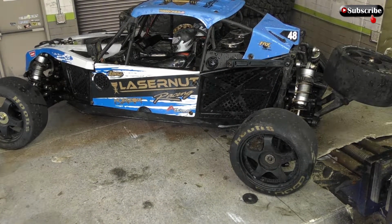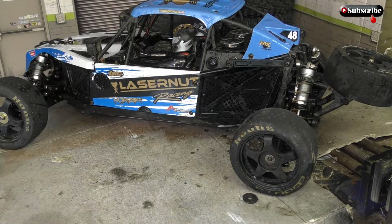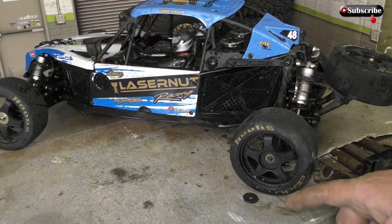Not going to lose the idea, because for that 20 seconds of driving, it actually felt quite fun, really under geared. But like I said in the video previously, I've not upped the gearing or anything yet. I didn't want to do that until I knew everything was right. So I don't know how I'm going to get it done,